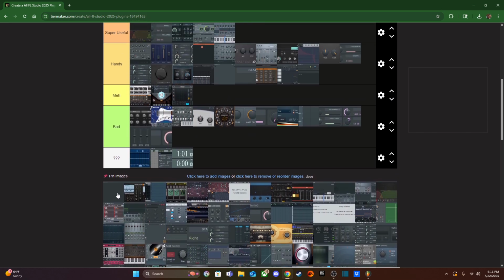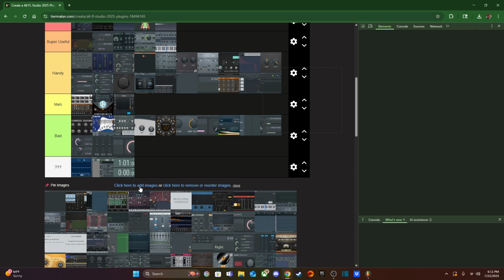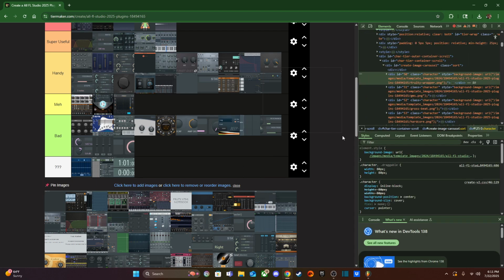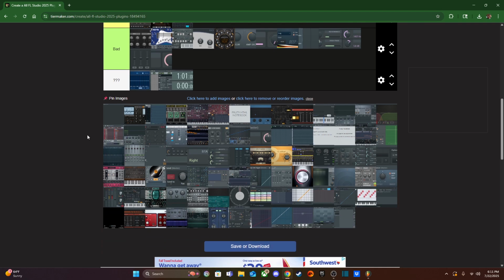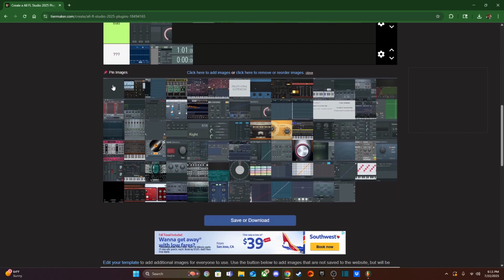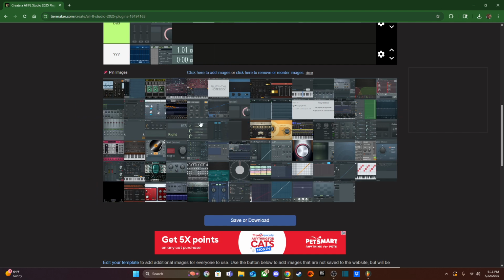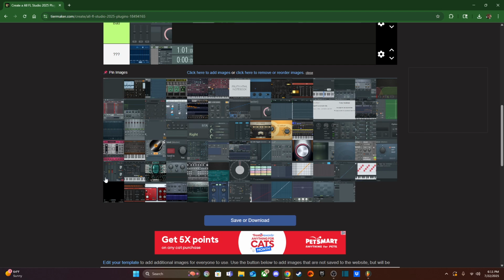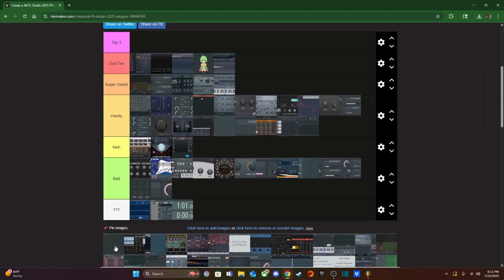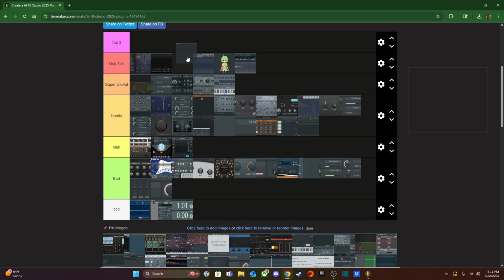Next, we got... I don't know what this is. Fruity Wrapper. Oh, okay, I messed up. Okay, so this is Fruity Wrapper. This is supposed to be down here because Wrapper starts with the W, and I'm doing alphabetical order. In case you haven't noticed that already. Believe it or not, Fruity Wrapper is gonna go in the God tier,